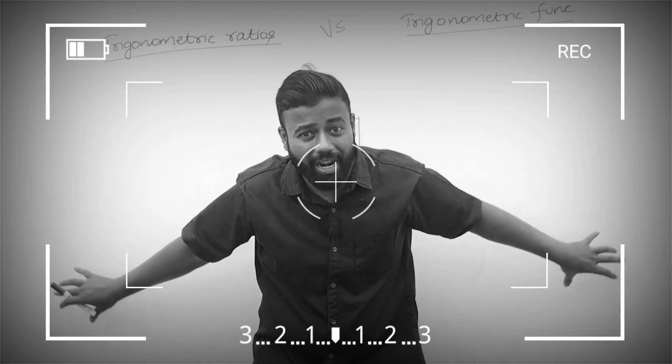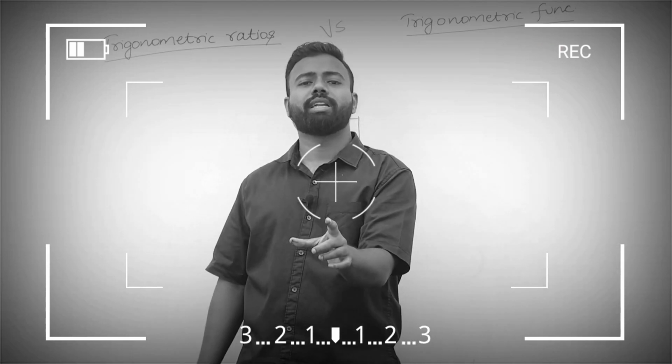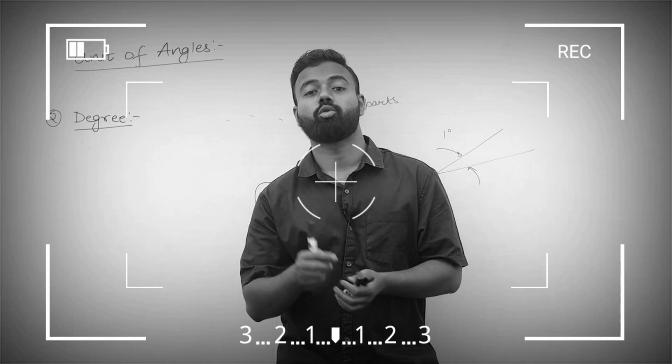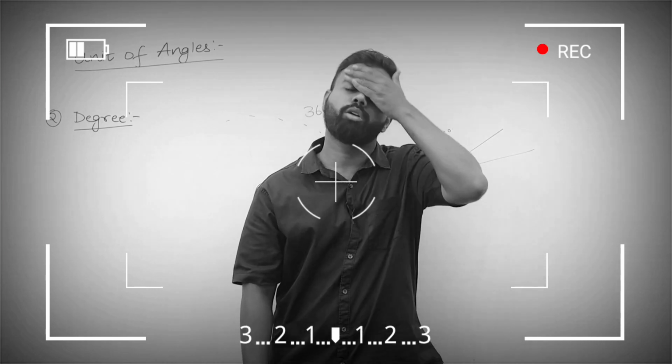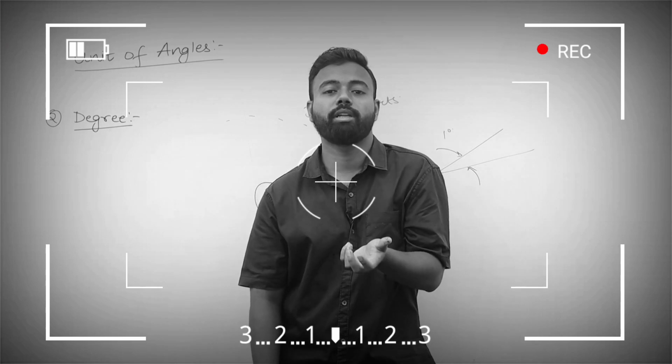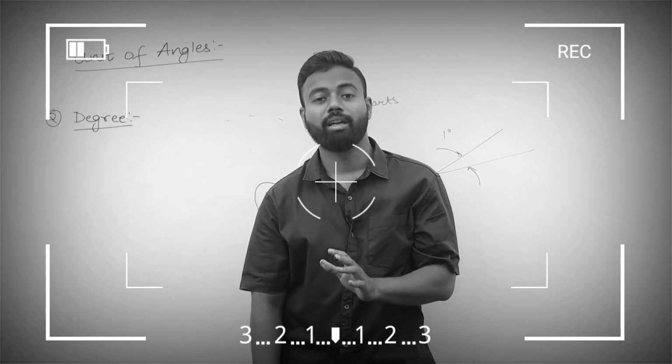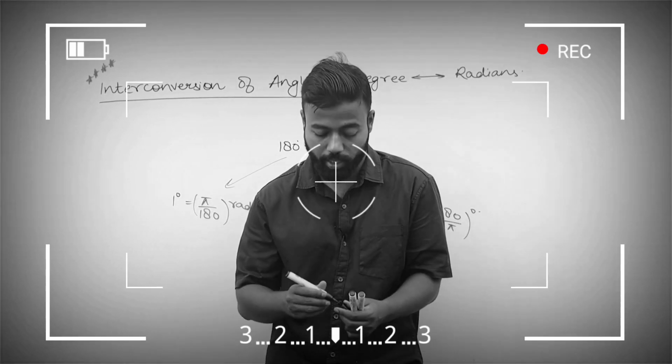Are they both the same? Are they both different? The answer to this question is... Now one question was asked by a student: Sir, why 360? Why only 360 parts? Why not 100 parts? 100 would have been more convenient. The answer to this is: Sir, why have you written two formulas?